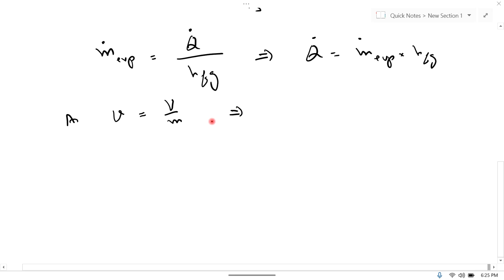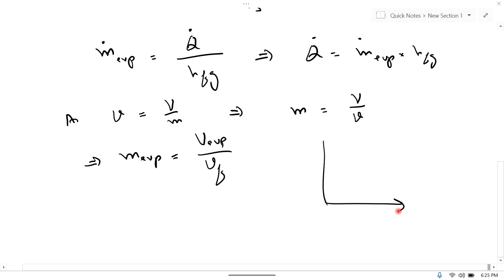So we can rearrange this equation as m is equal to total volume divided by specific volume, and this is the mass of evaporation, so I can write this as total volume of evaporation divided by vf, and I write vf, this is the T-v diagram,